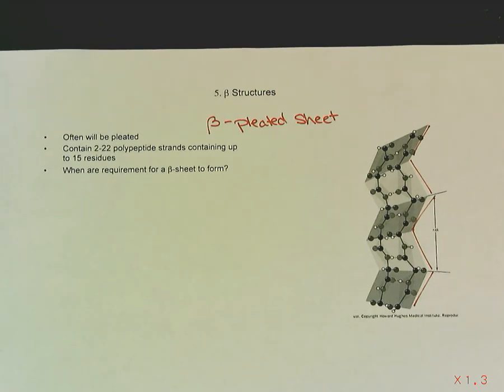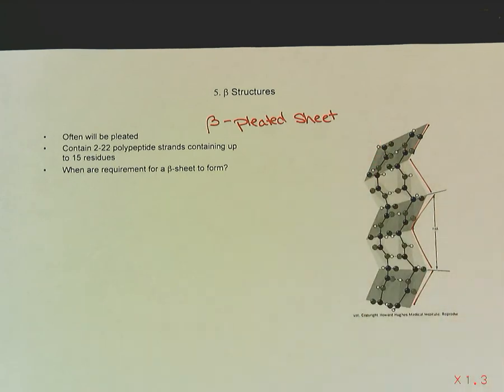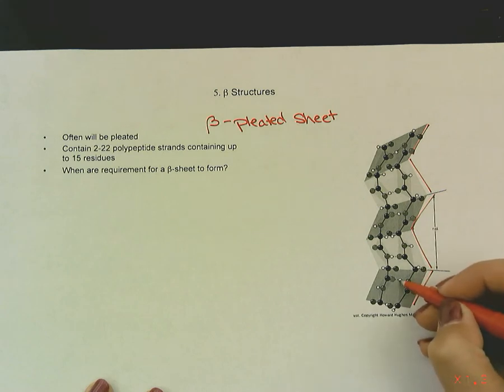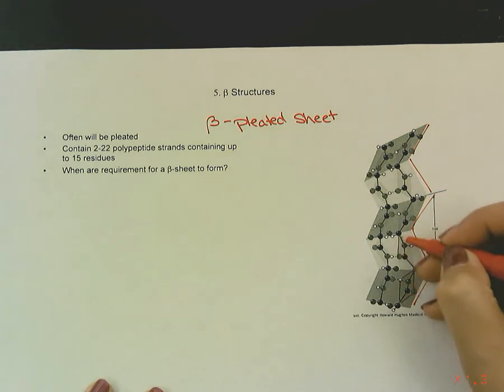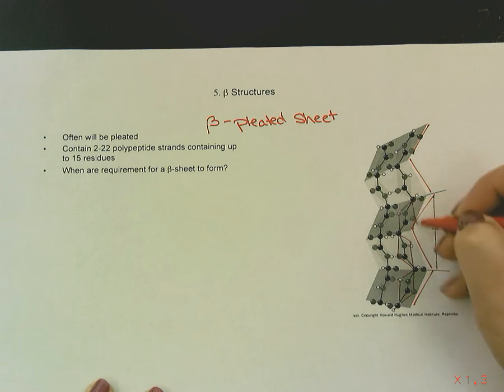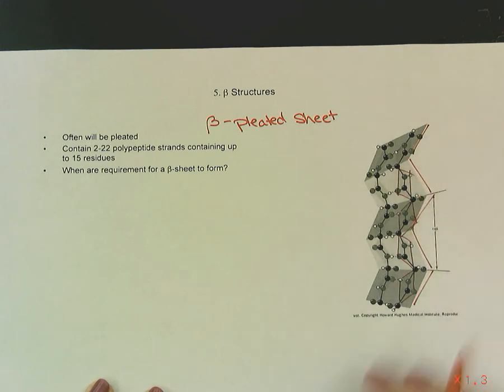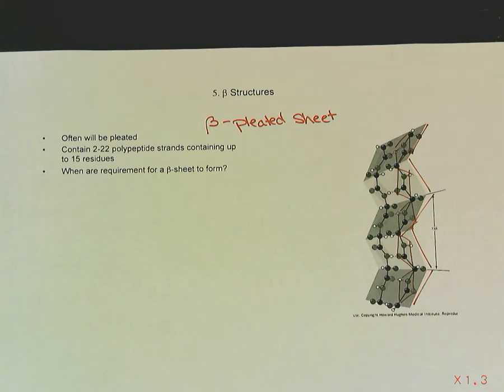They will often be pleated, just coming from the fact that they are trans, right? All of these single polypeptide chains, like a chain by itself, is in the trans conformation, so automatically, if it's trans, it's going to be in this form, right? Because I got that. All right, so each individual amino acid is trans compared to the one next to it, so they're going to be at alternating angles. Typically,